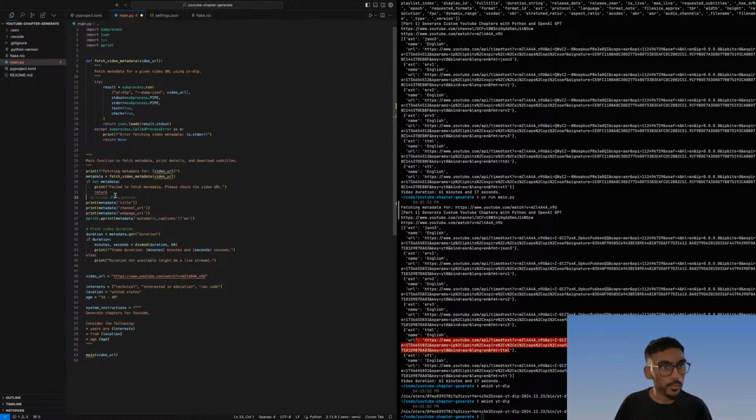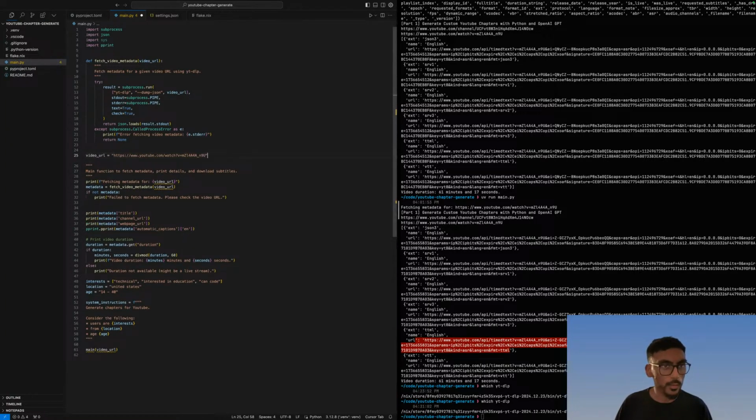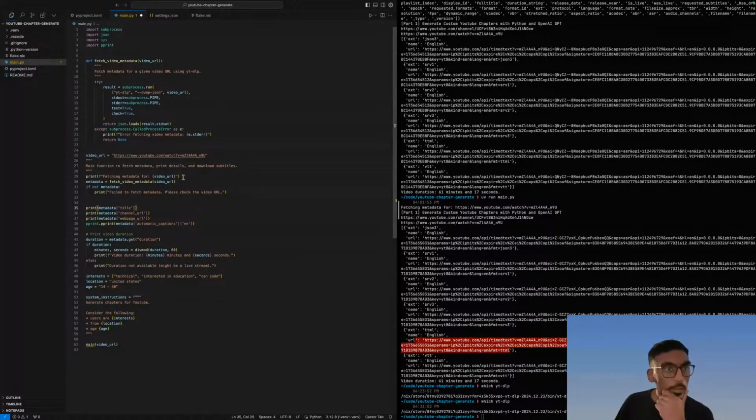To remove this main function. Maybe it was an over-optimization to have some of the main stuff, but it's fine. Okay, so we have our interest. It's being used in the f-string, location, age.